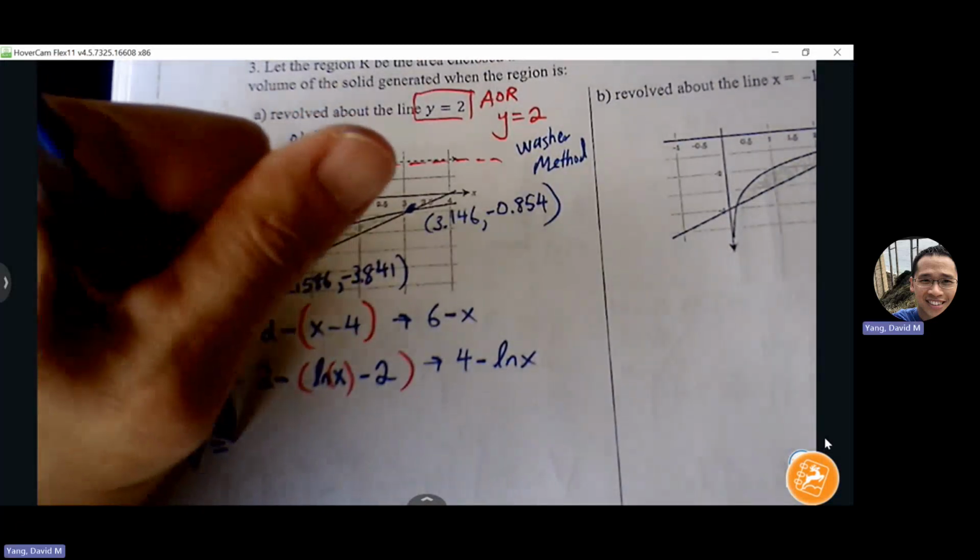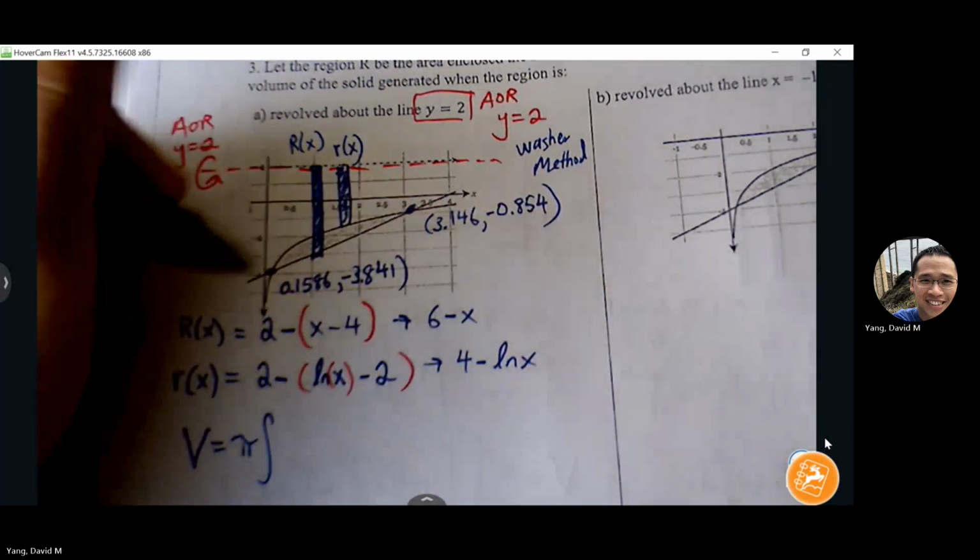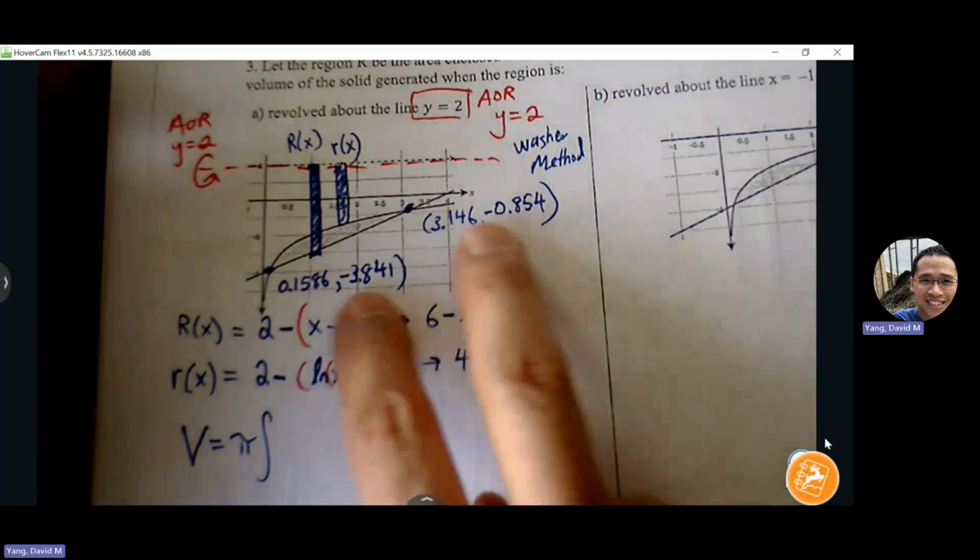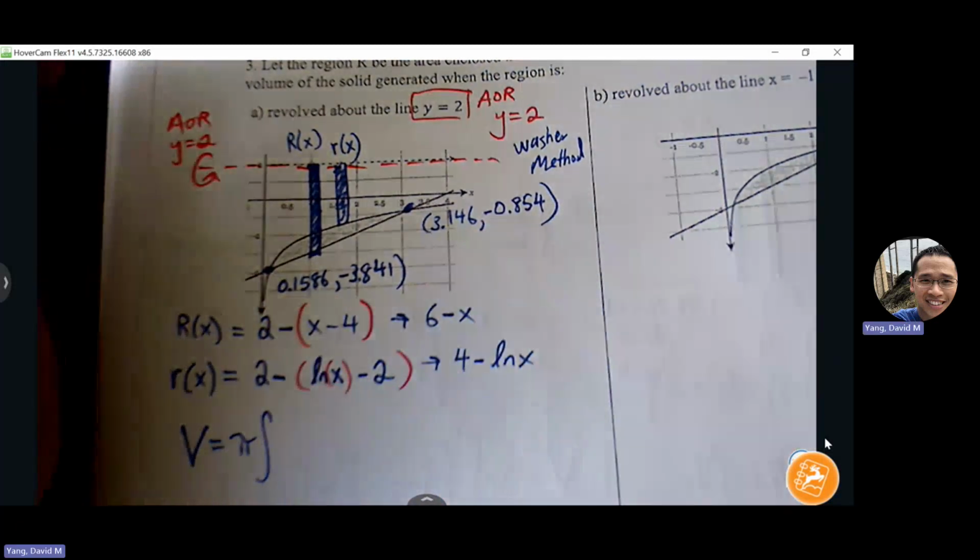Okay, everything I need is in front of me. X sub 1 and X sub 2, these are my bounds for